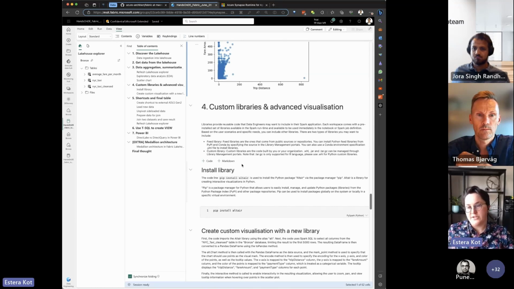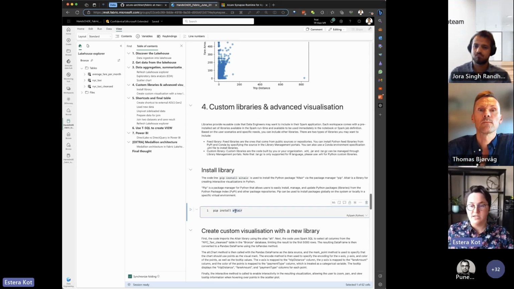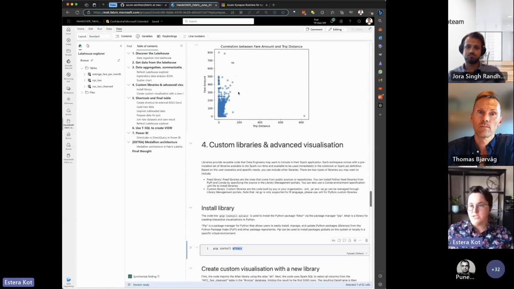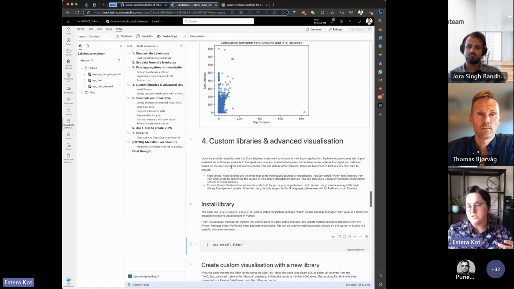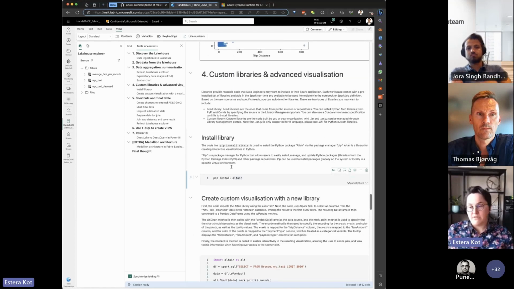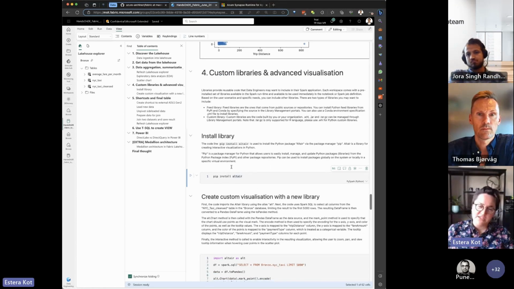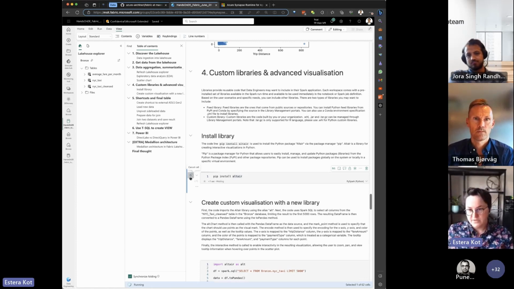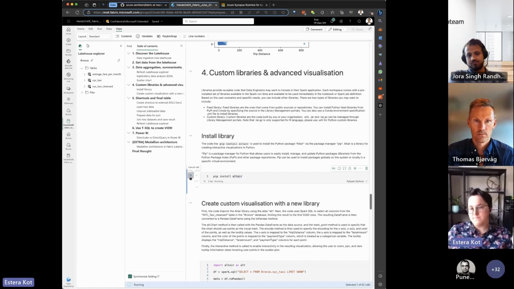In Fabric, it's natural, without any magic command, we are going to use just pip install and the name of the library for those who are using Python. So here, the scenario is that, okay, as a data engineer processing this New York City taxi data, we create this chart. But again, I can just download it, and it's not an interactive experience. And I heard that, for example, the Altair library is providing some extra experience, meaning I can do some interactive analysis there. So I want to add this library to the session I'm using right now.